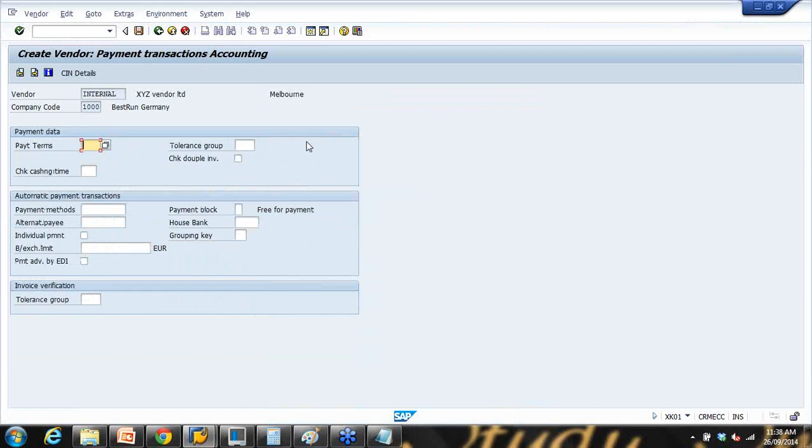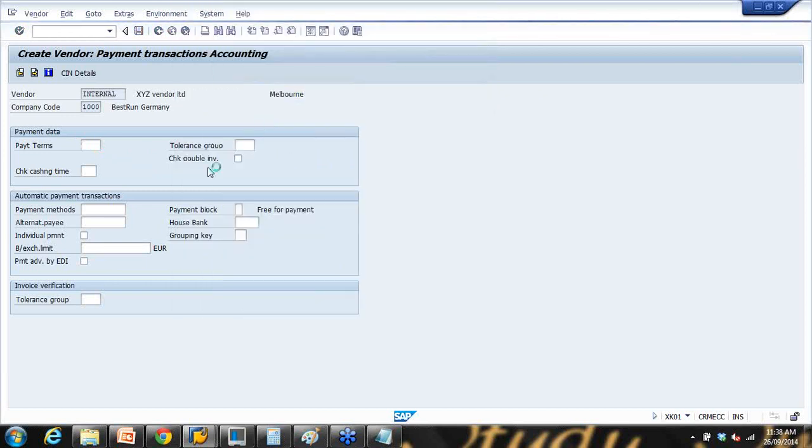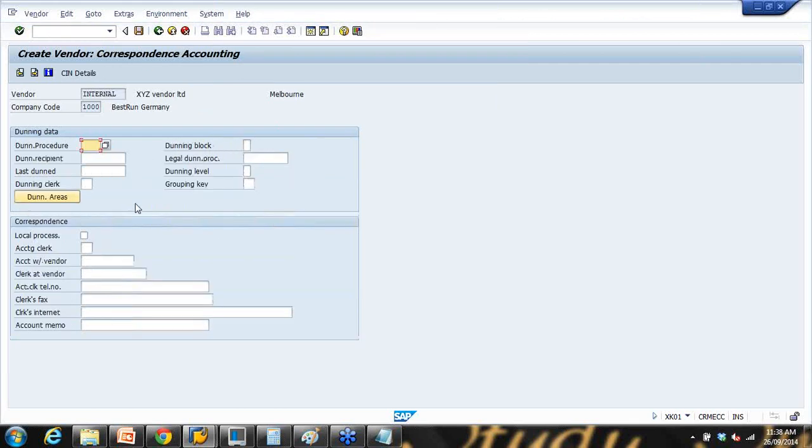Press enter, go to next screen. Payment terms: what are the payment terms of the customer? In the drop down you can pick some payment terms, say 14 days. Press enter again, go to the next screen, and here you can mention who is the vendor